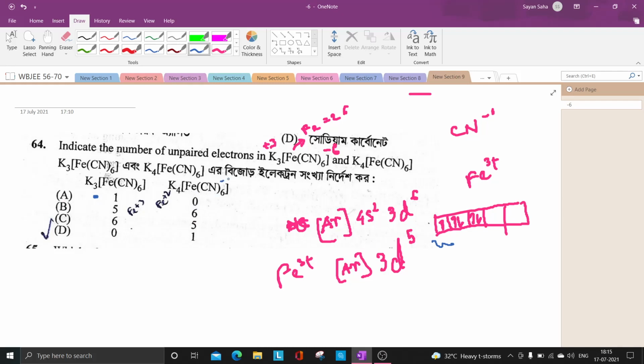Here you see total negative charge is -6 and K is +4, so Fe must be in +2 state. So Fe2+ configuration I can write Ar 3d6, so d6 I can write in this way. Here will be 2 electrons, here will be 4 electrons, single, but CN is a strong field ligand, so it will pair up the electrons, so these 2 electrons will pair up and these 2 orbitals will be free, so the number of unpaired electrons will be 0 here, so the answer will be A. Okay, don't see this, the answer will be A. Okay,